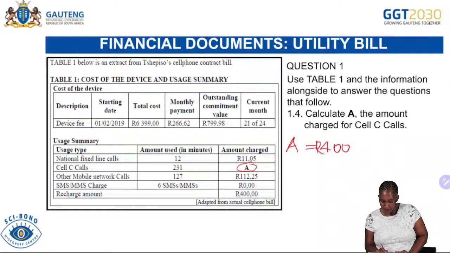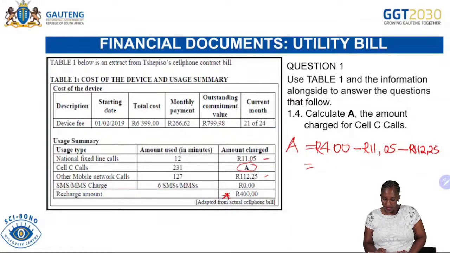400 rand. It's given here. The recharge amount is 400 rand, and then we are to subtract what now? The first one, the national fixed lines, because they have used that one. It's 11 rand 5 cents. And then we also subtract what? Other mobile networks, which is 112.25. And then let's see now what will be the value of A, because for the SMSs and MMSs it's